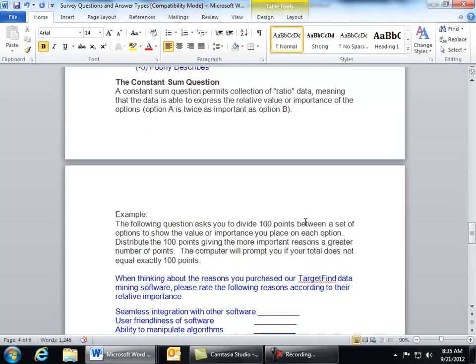The next is the constant sum question. The constant sum question permits collection of ratio data, meaning that the data is able to express the relative value or importance of the options. Option A is twice as important as option B. Example: